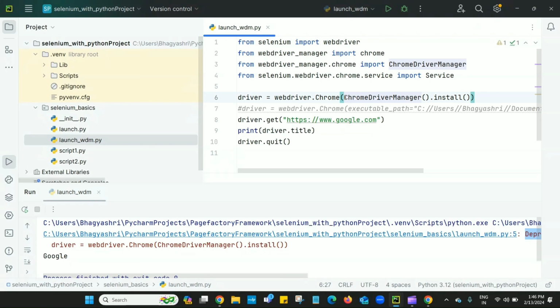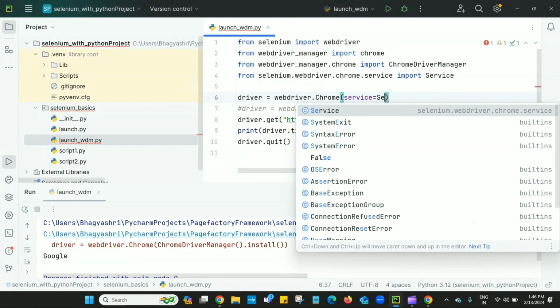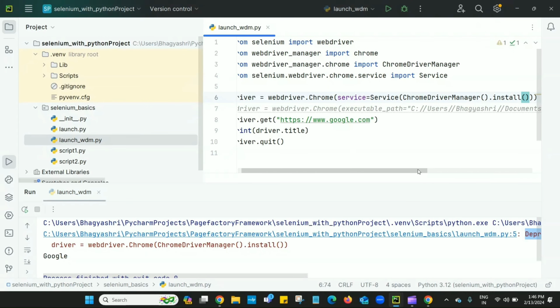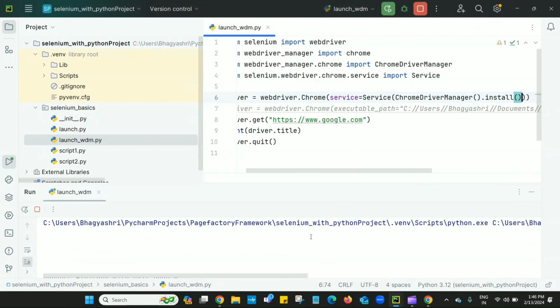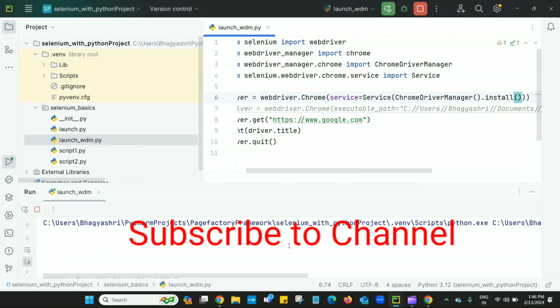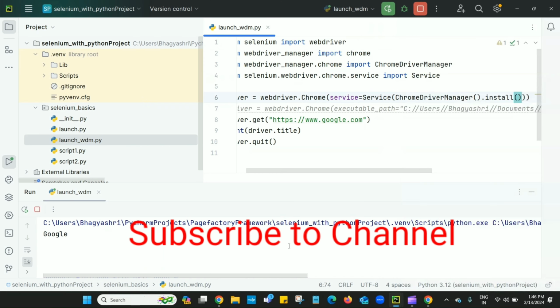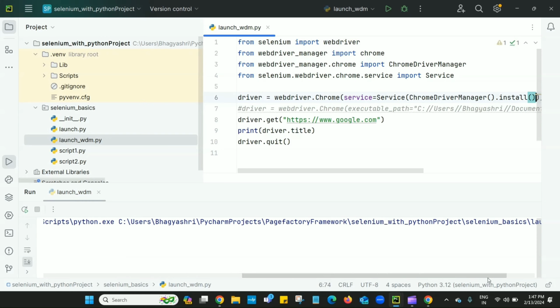And now we have to modify this statement: service equals Service, and here we pass ChromeDriverManager().install as the argument of this Service class. Now execute this and let's see. With the use of the Service class, this deprecation warning is also gone.